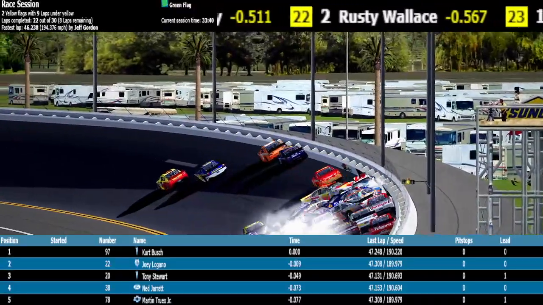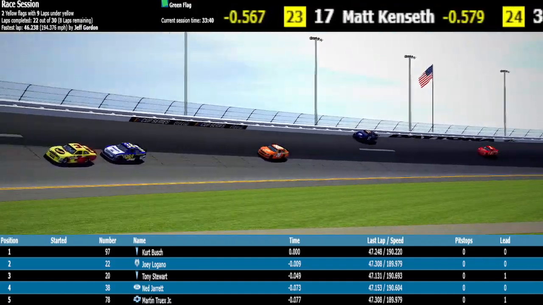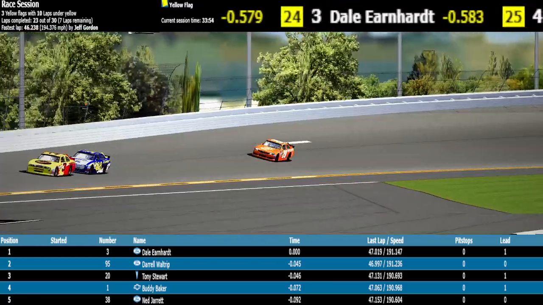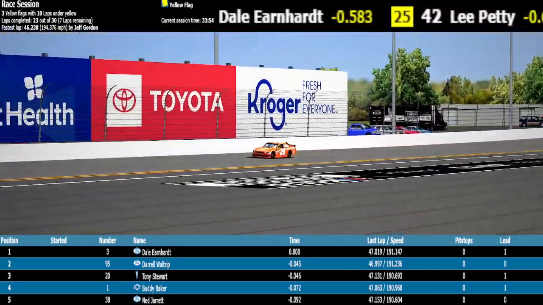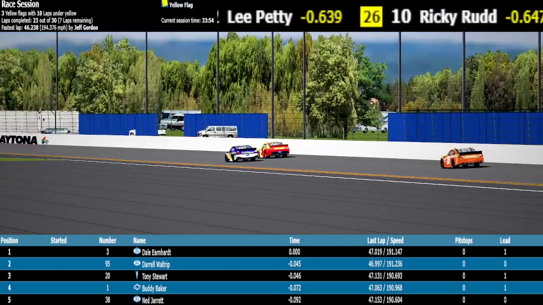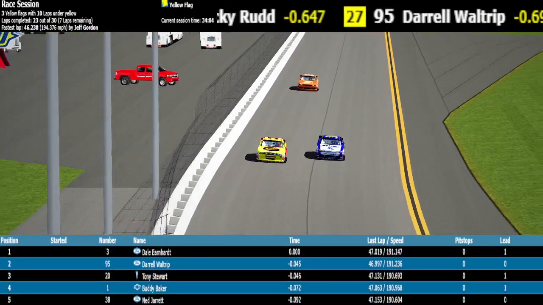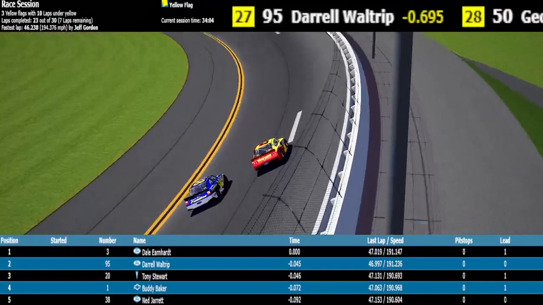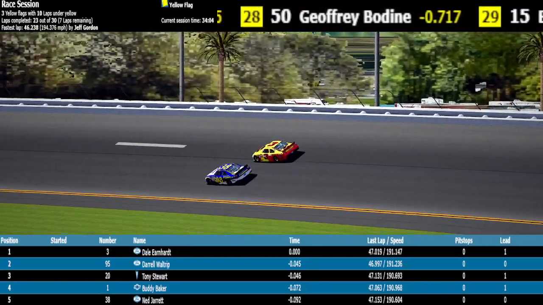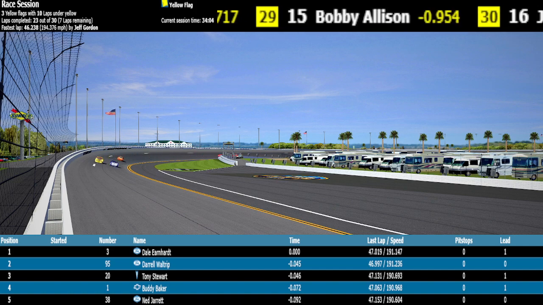Oh, and there's a wreck. Look out. Everybody involved in this one. Holy cow. They'll race back to the line. Ned Jarrett challenging Dale. And he's actually going to get a nose in front. So he may actually have the lead off the...